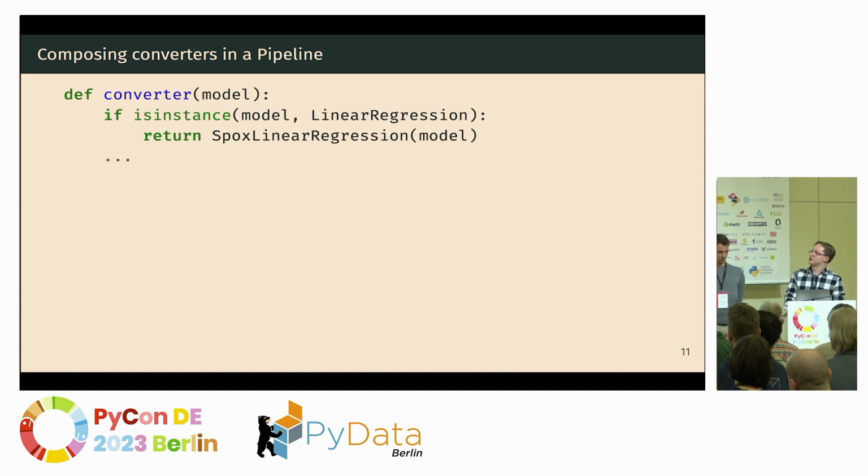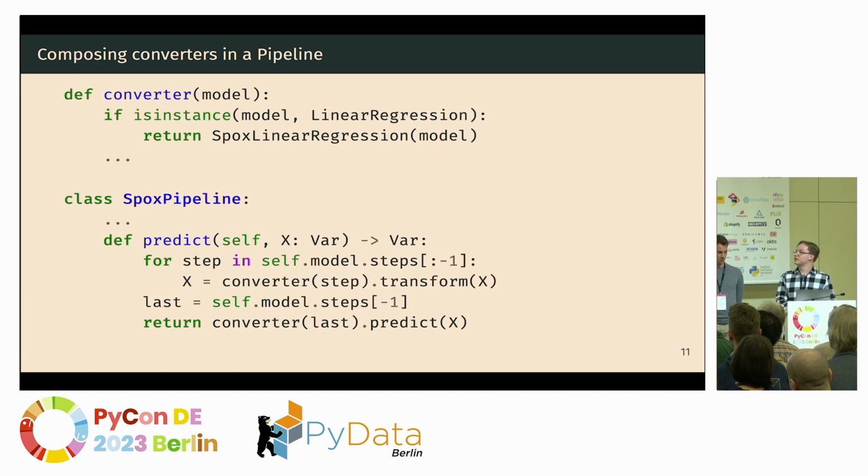So I'm going to write this function called converter. It's going to check, OK, what kind of model is this? I'm going to dispatch the appropriate converter. So say I've got this now. So for instance, a quite useful sklearn concept is pipelines. So in pipelines, we're going to define the converter for a pipeline, and what a pipeline does,